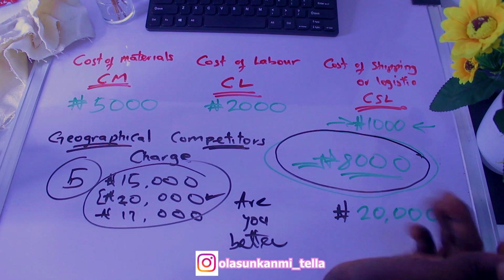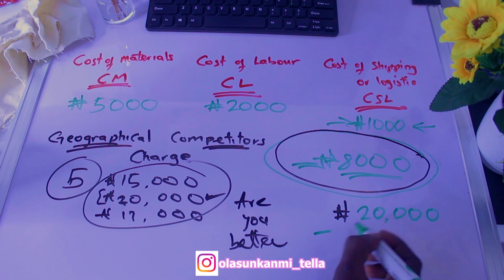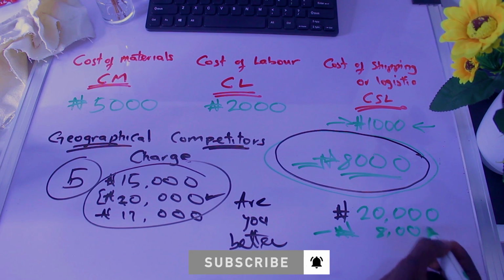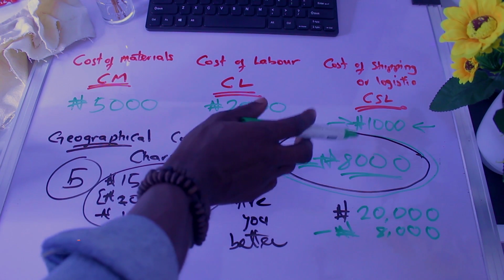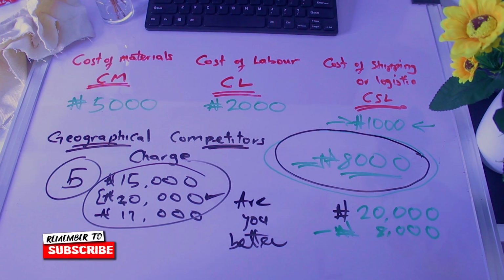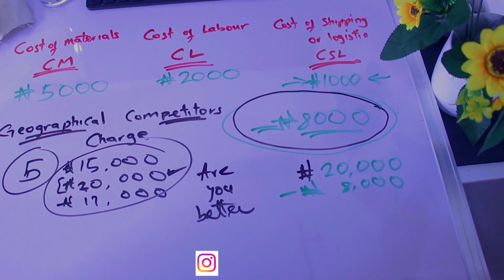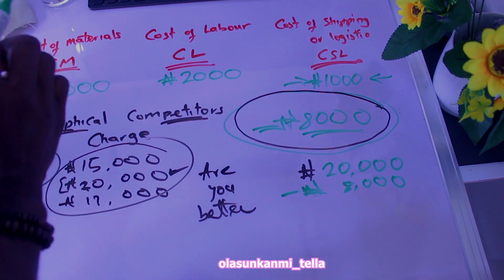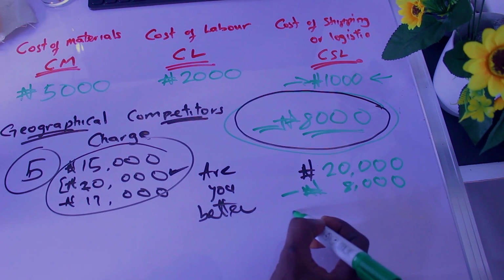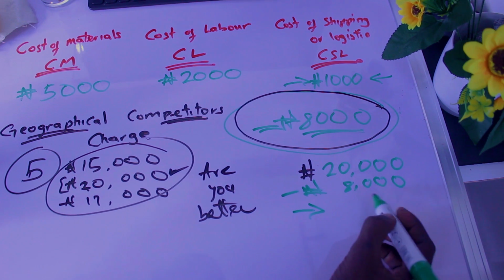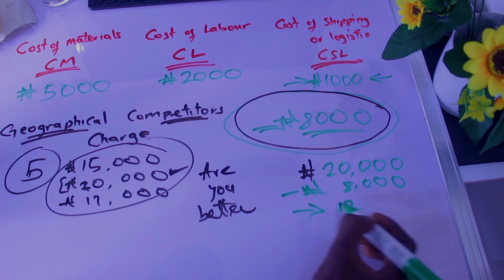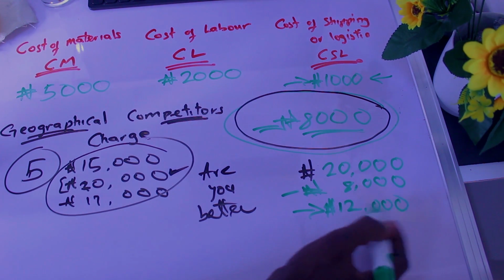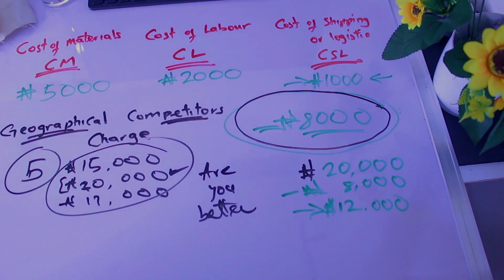So all you have to do, out of this 20,000 naira, you're going to subtract 8,000 naira, which is your outstanding that you have here. Let me bring the camera a little bit down right here. You can see this 20,000 naira, you're going to subtract 8,000 naira out of this. So you're going to have an outstanding of 12,000 naira. So out of this 12,000 naira, this is where you're going to decide